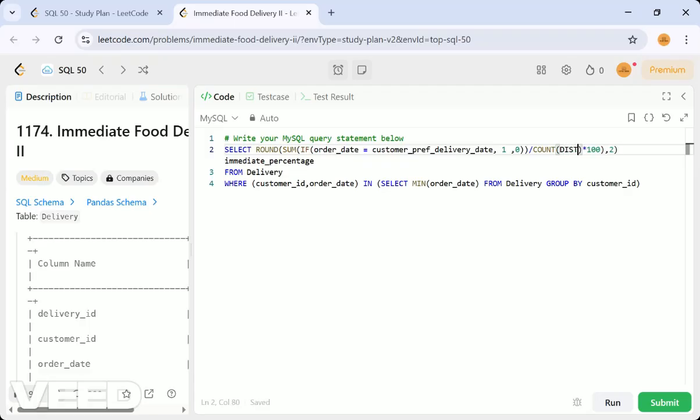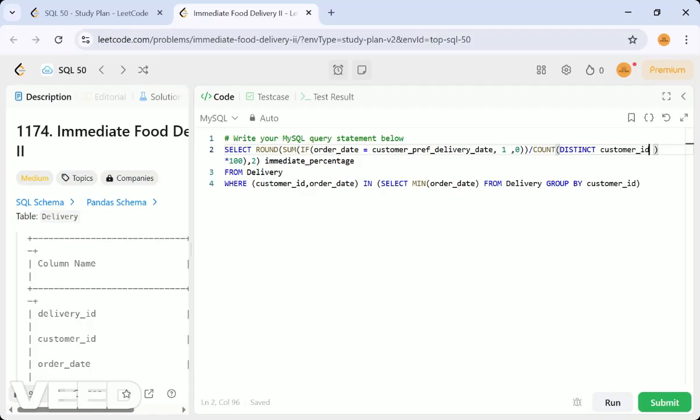Because we are not grouping here with customer ID, right? So we have to get the distinct customer IDs here. Otherwise it will not work. So distinct customer ID we have to take.